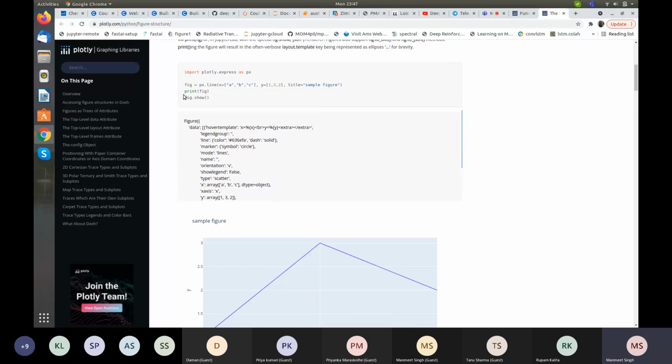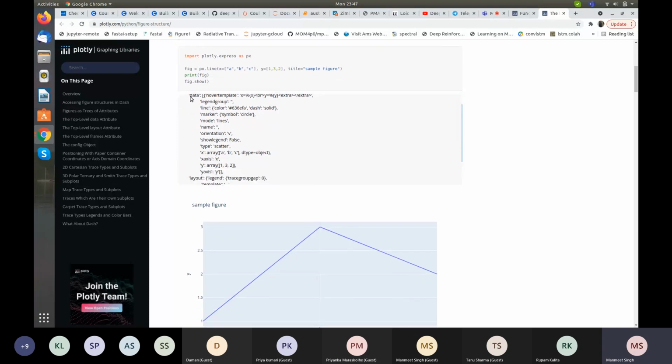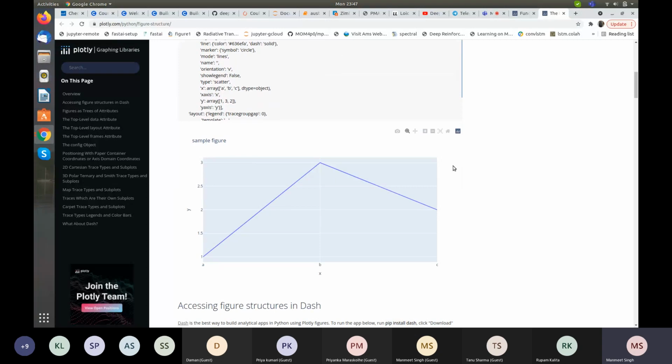Now, if you want to plot a line using plotly.express, you would import plotly.express as px, and then say px.line. Then you give your x and your y, which can be a list or a numpy array, and you can also give a title. This is that title, and you can save your figure as well. You can just say fig.save fig, and you can save it as either png or